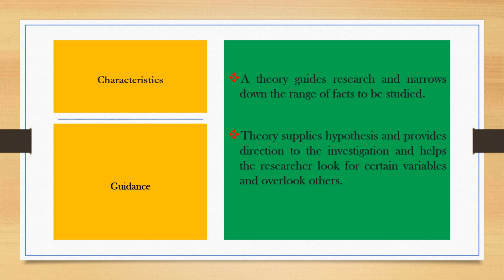Up to that point, we have come to the end of our discussion on sociological theories. That is an introduction to sociological theories. We have looked at the meaning of theory. We have also looked at what we call the philosophical paradigms that underpin sociological theory. We have looked at them briefly. We have also looked at characteristics of sociological theories, and then we have looked at the functions of the theories as they apply both in research as well as theoretical studies.